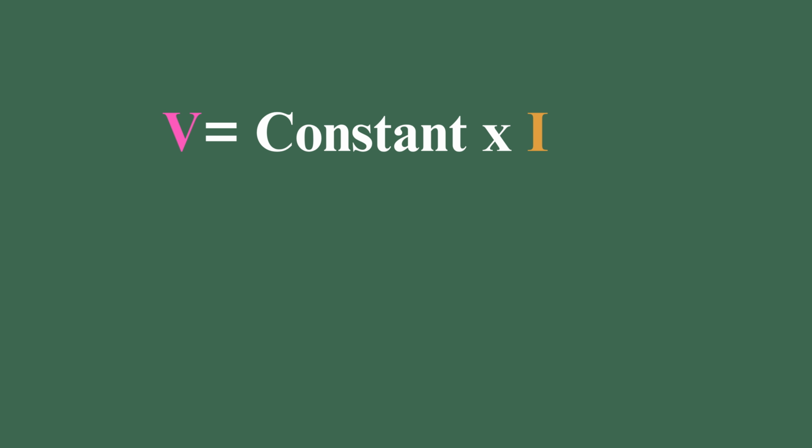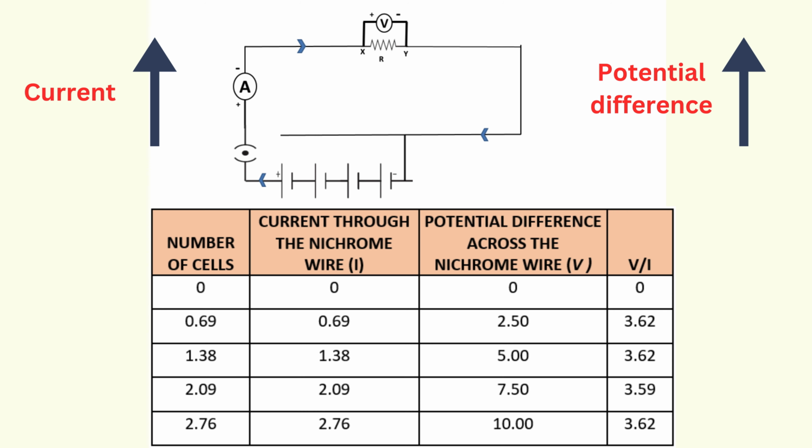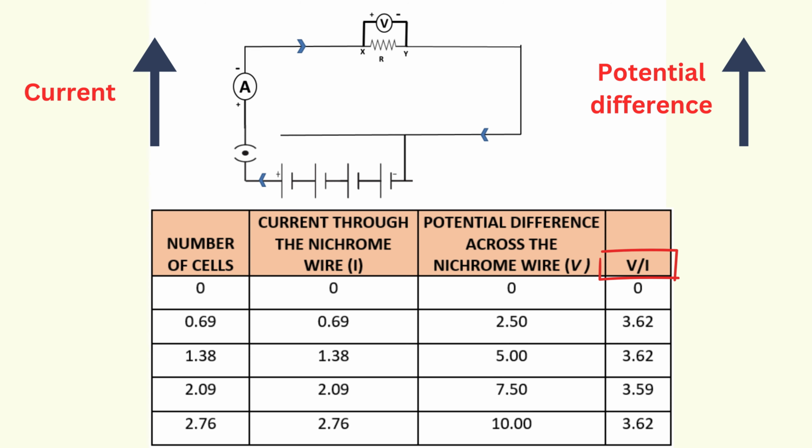So we can see the mathematical expression I proportional to V, which can also be written as V proportional to I. Considering the proportionality constant, we can then write V equals constant times I. Before we discuss the constant of proportionality in the formula of Ohm's law, let's go back to our study which we have conducted and add 1 more column to our table which will calculate potential difference V divided by current I. So can you see that V by I for nichrome wire is almost the same for all the readings?